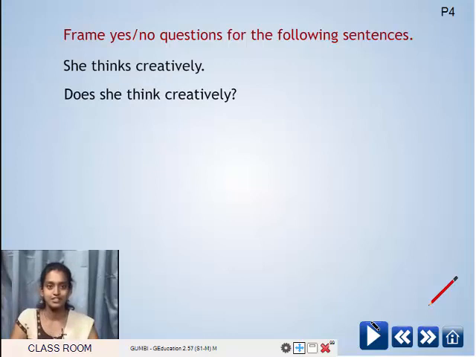So now you have one more conversation between two friends. It's the same conversation, okay. So in this conversation, children, you have to observe the highlighted words. There are a few words which are highlighted. Observe them. Okay? Now we will see the conversation.